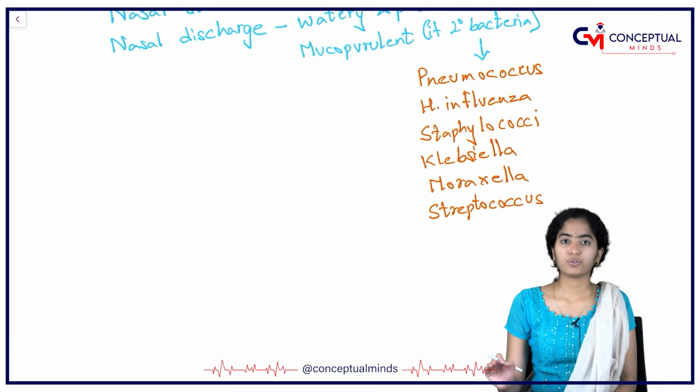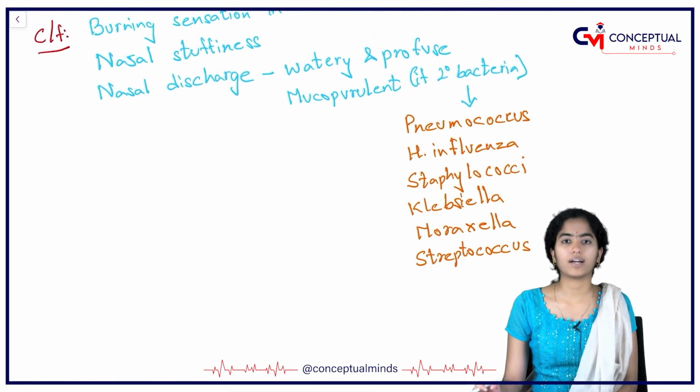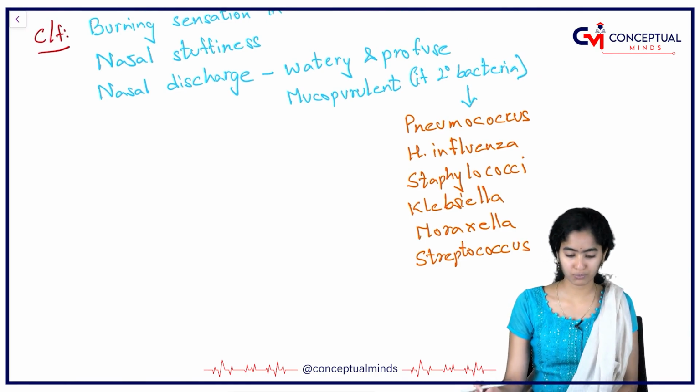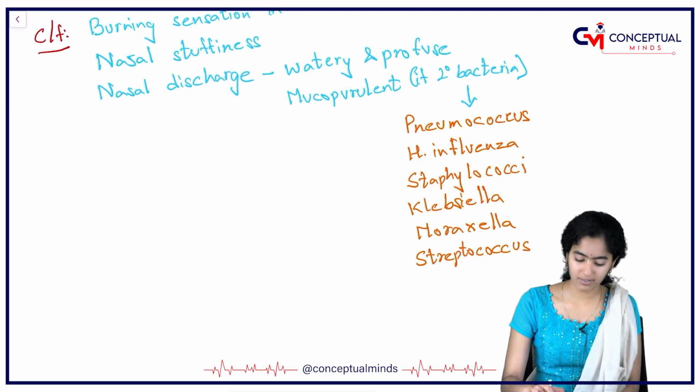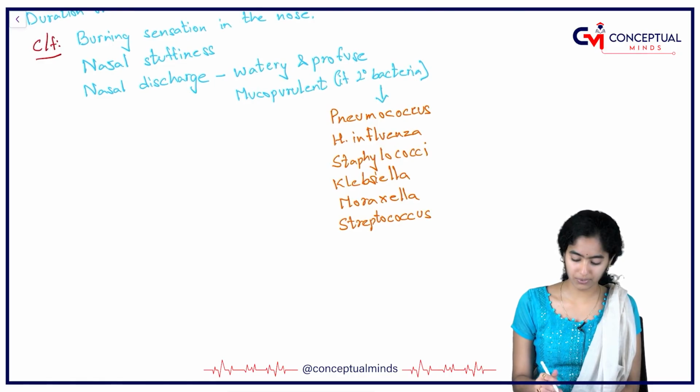So these are a few bacteria that cause secondary invasion after a viral rhinitis, and then they convert the nasal discharge into mucopurulent discharge. Apart from this, other clinical features that are commonly observed are, there will of course be